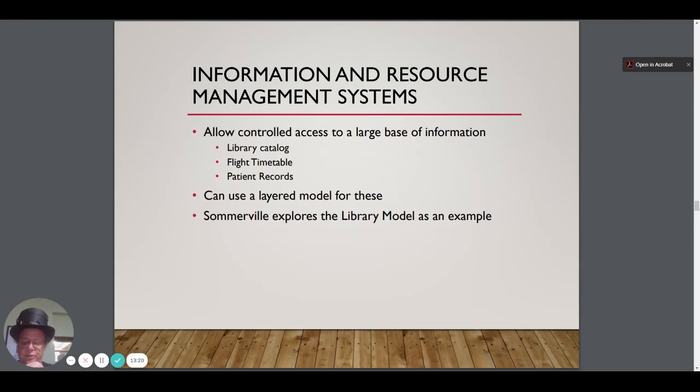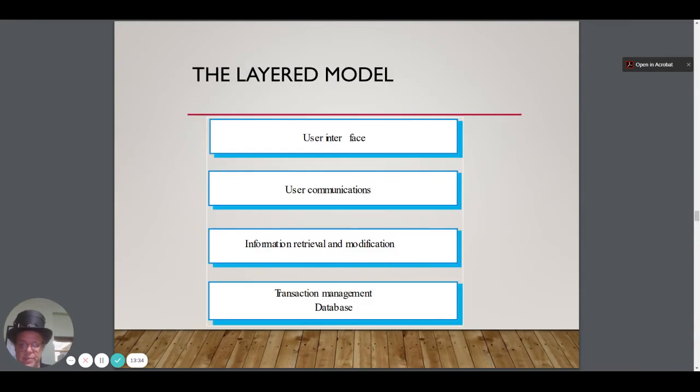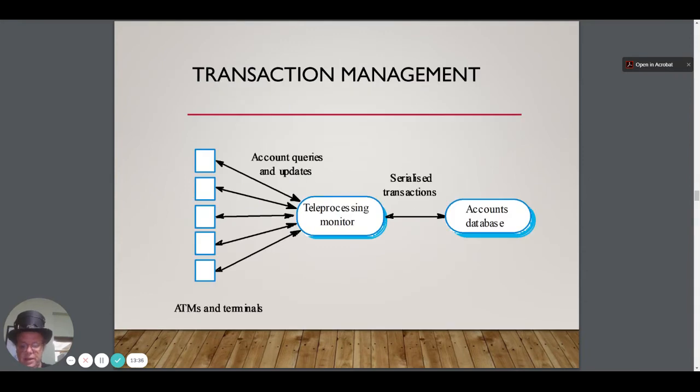So, in systems such as bank customer or accounting systems, there may be different ways to interact with the system. Many customers will interact through ATMs, but bank staff may use counter terminals to access the system. There may be several different types of ATMs and counter terminals used, and some customers and staff may access the